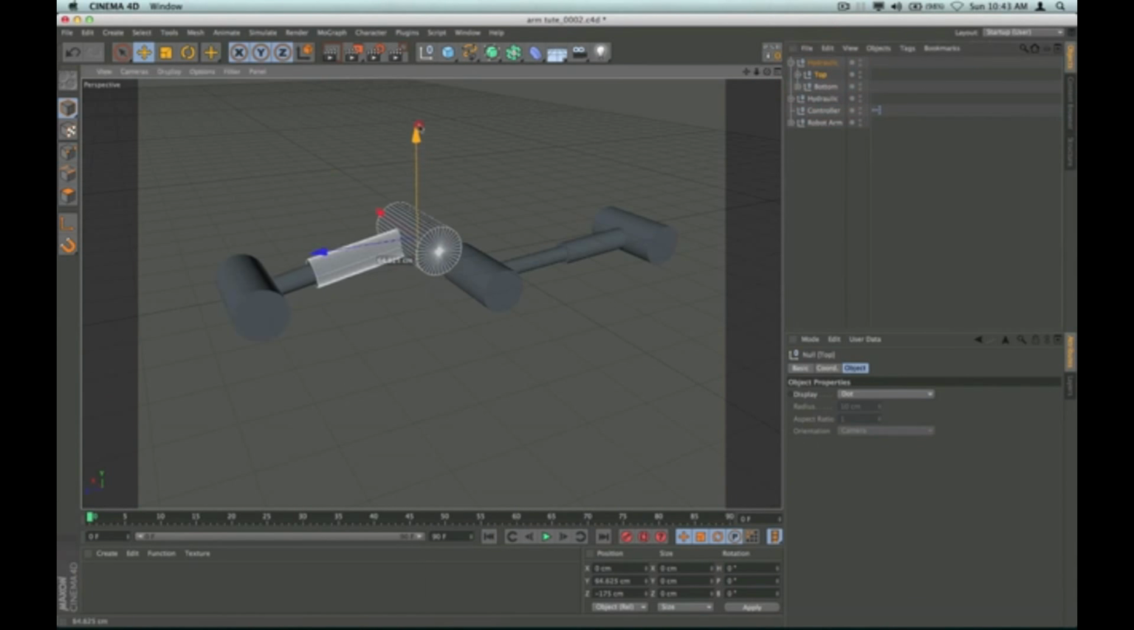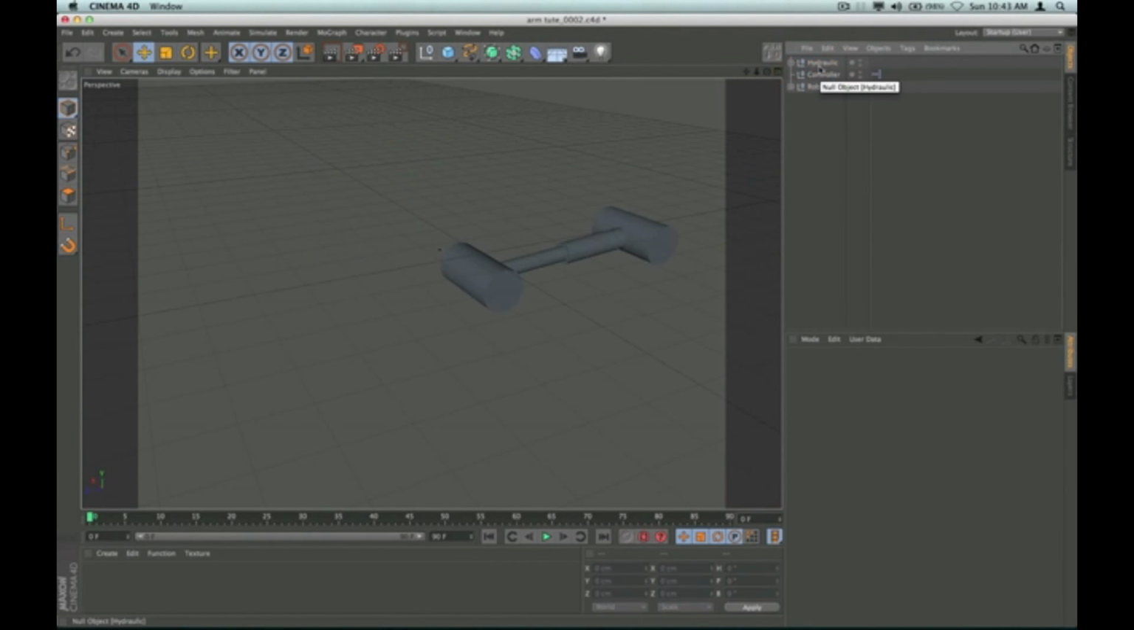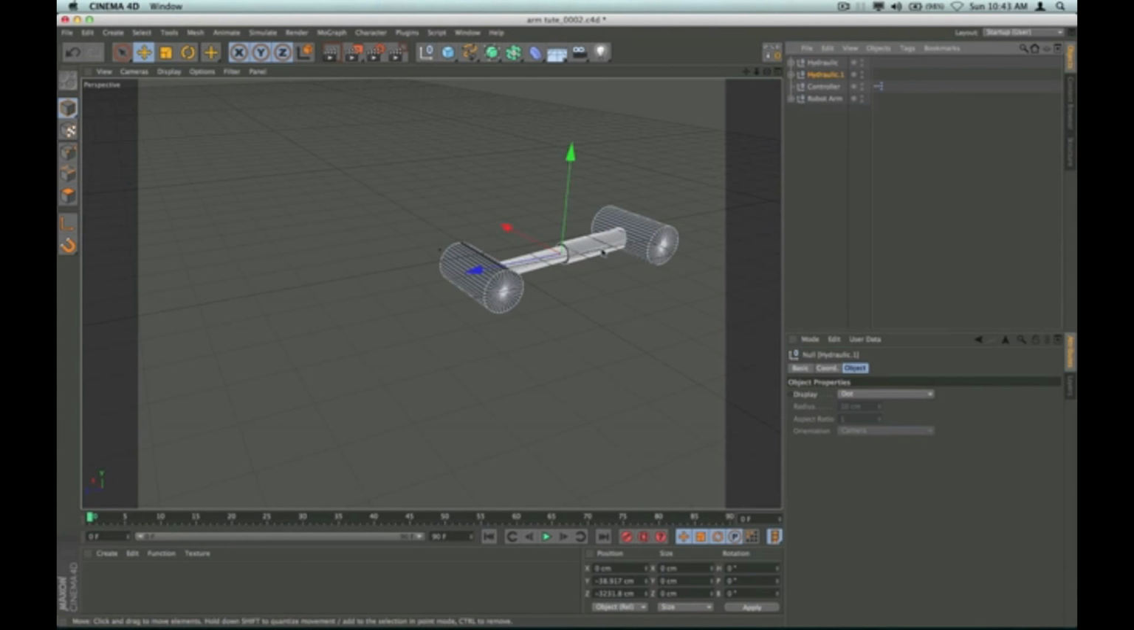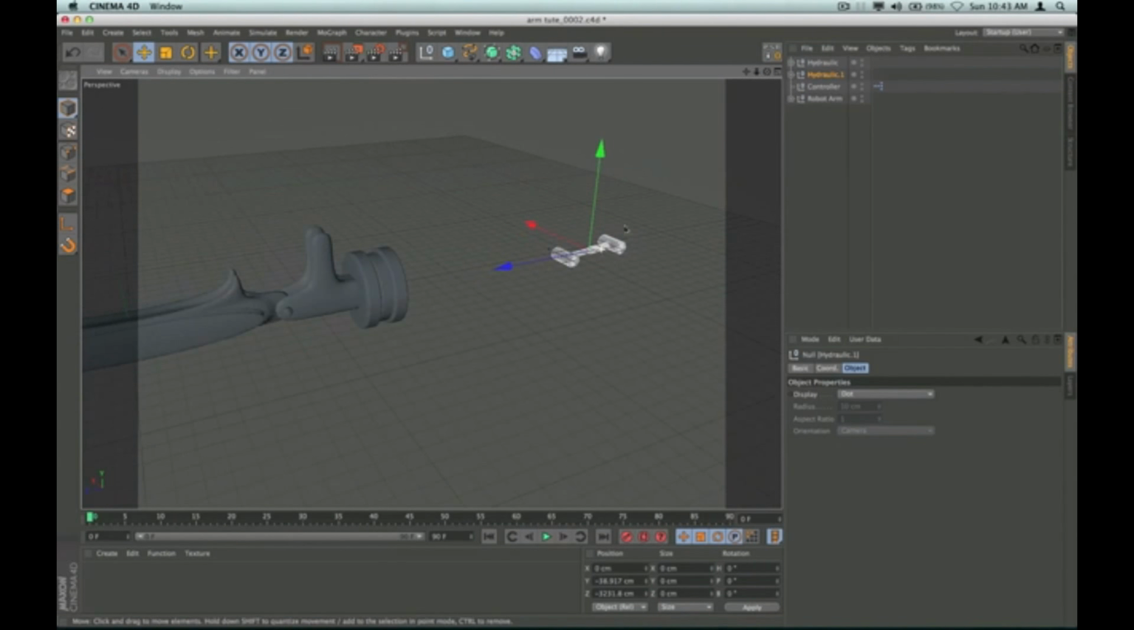So let's see. You can see here. Okay, so I'm going to delete that hydraulic. If you don't feel like making it part of your content browser and saving it for other projects, then I highly recommend right now to make a duplicate of it, because we need at least 2 of these for this project. So I'm going to zoom out,